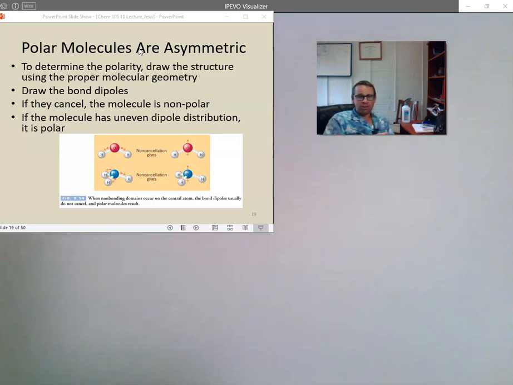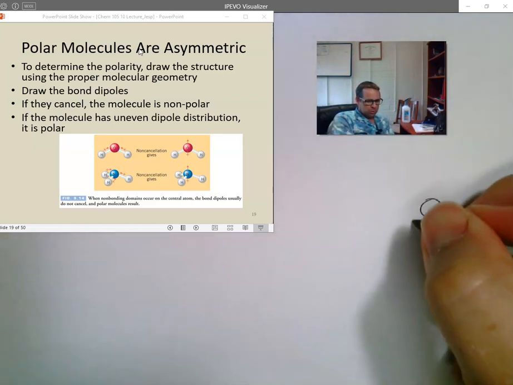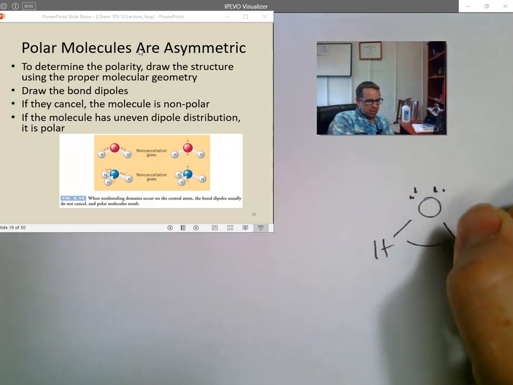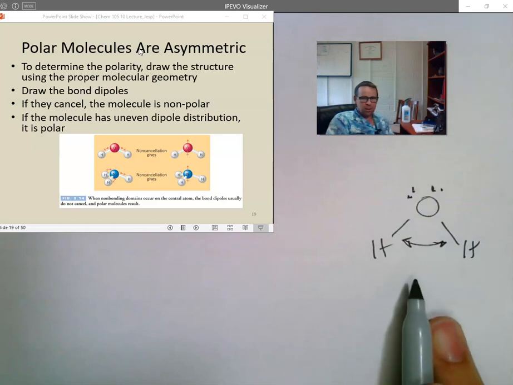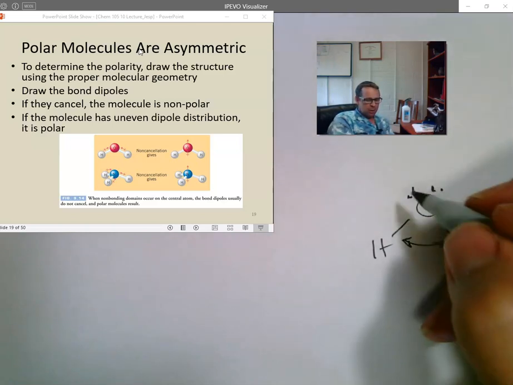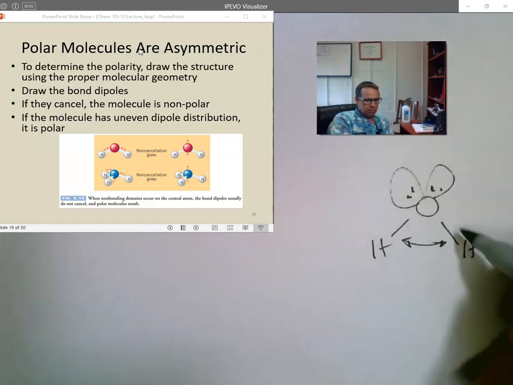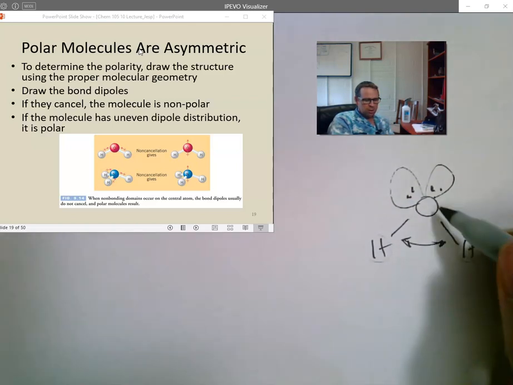So water, for example, is bent with the angle a little less than 109.5. And we have these regions of electron density up here, regions of less electron density down here,